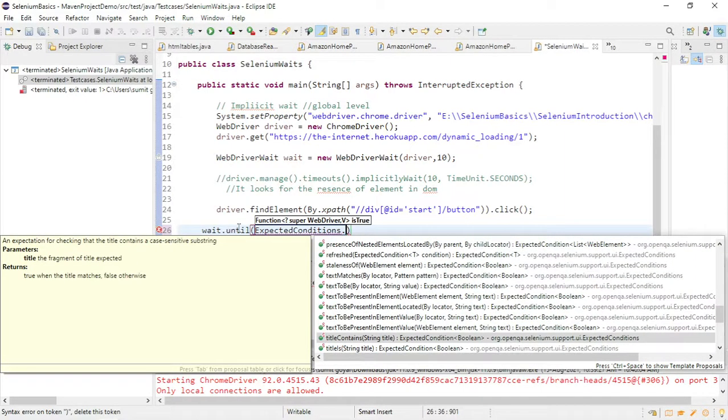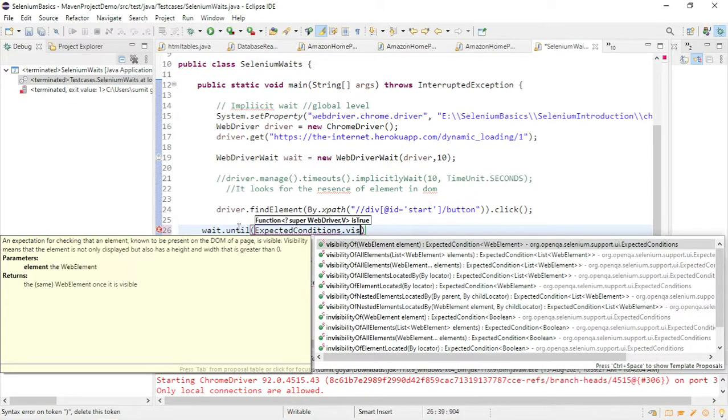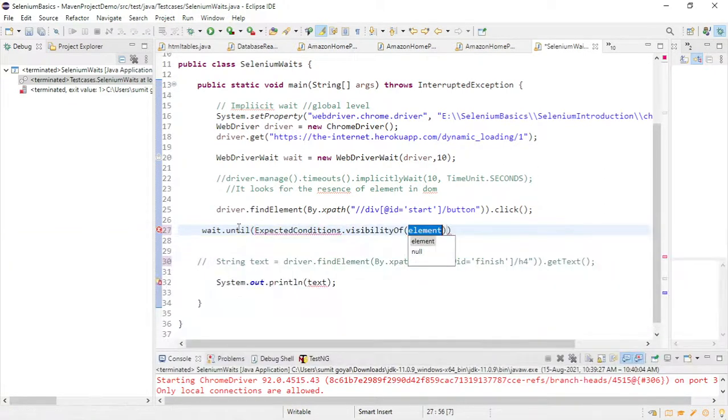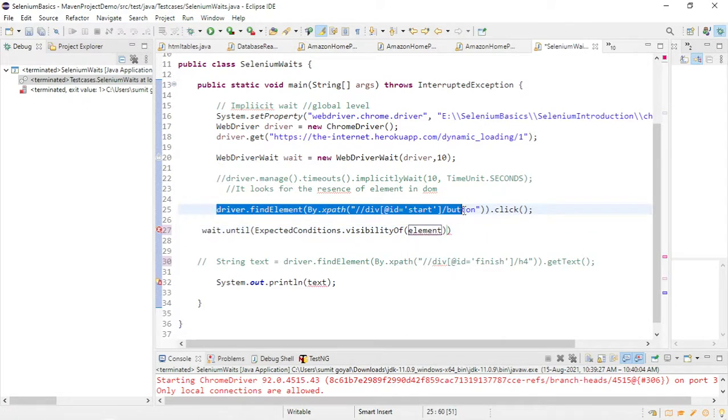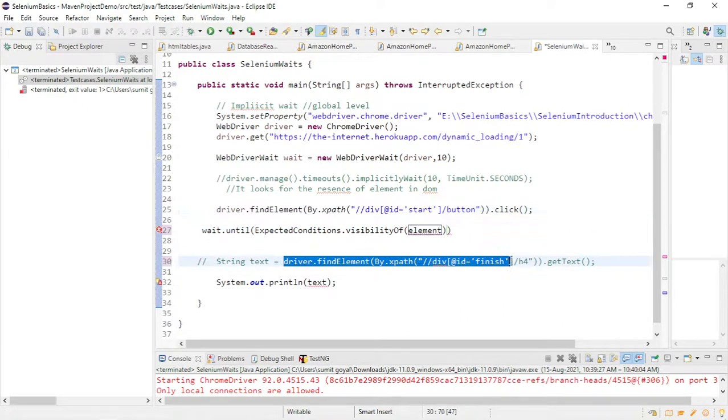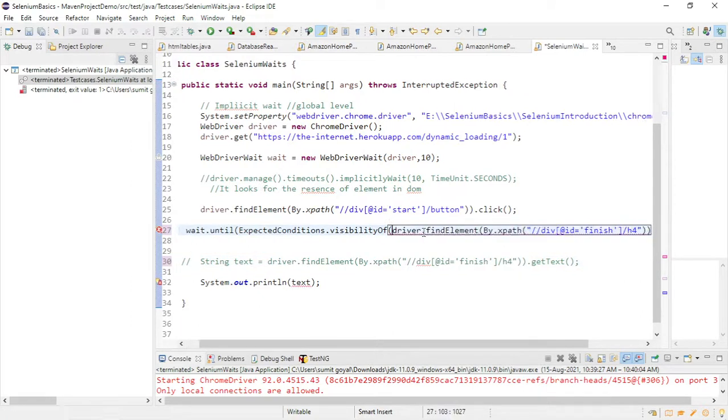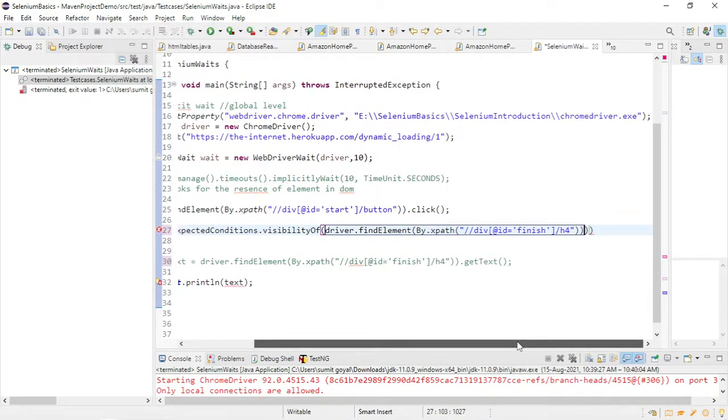Wait for expected conditions dot visibility of element. So I want to check visibility of element. So this element I will pass it here. What is our element? This complete is our web element. So this element I will pass because I need to check whether it is visible or not. So once it will say dot,